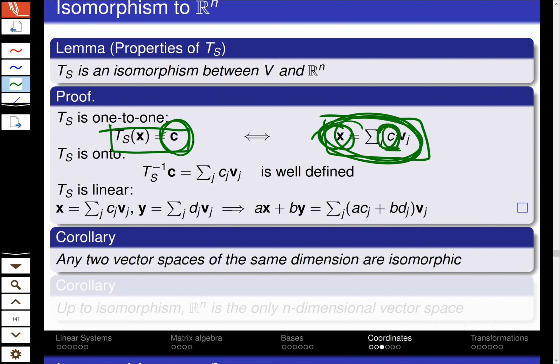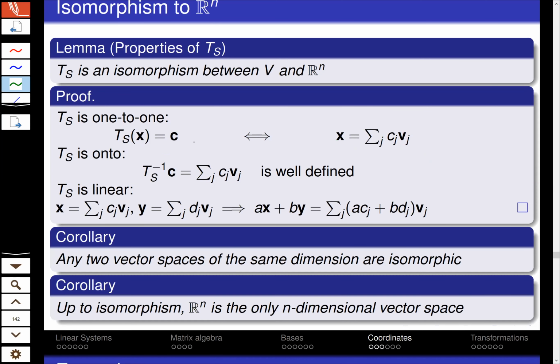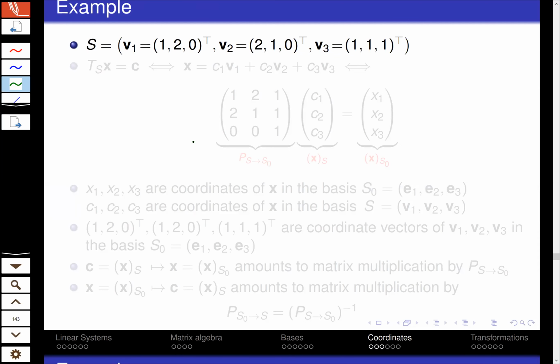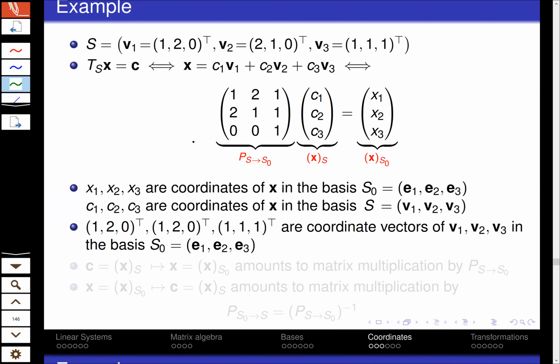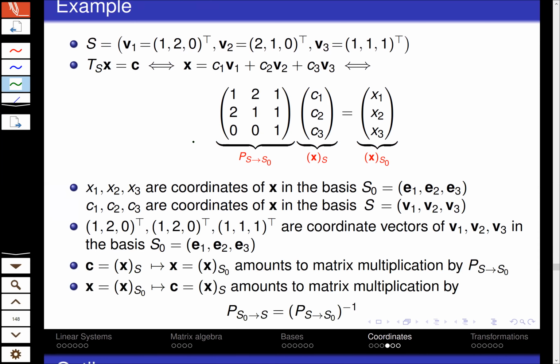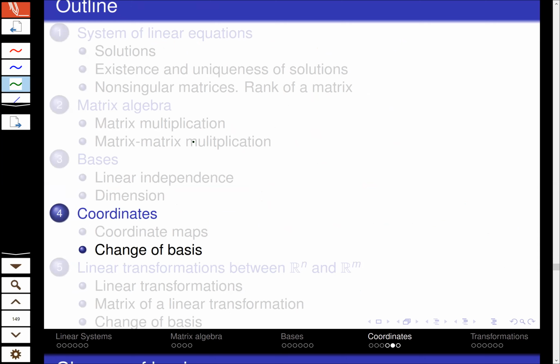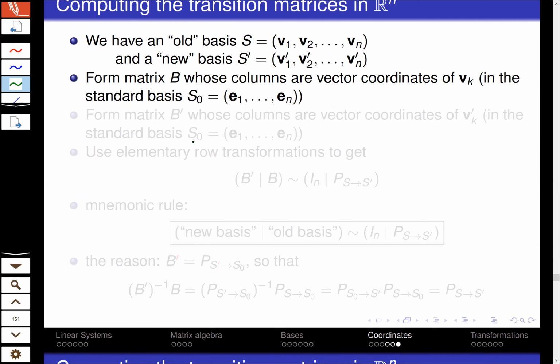So these are just different ways of looking at this, but the main idea is that bases are important because they allow us to forget about the structure of the vector space. It could have been matrices or functions or just anything. But after we have fixed the basis, everything looks like a standard linear vector space Rn. And that's basically what we wanted to say. There are a few more examples,